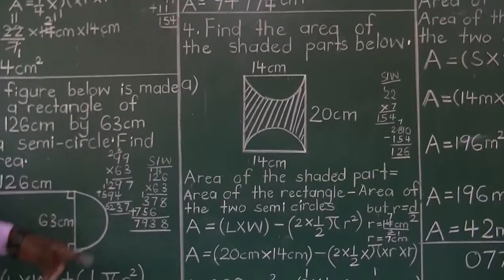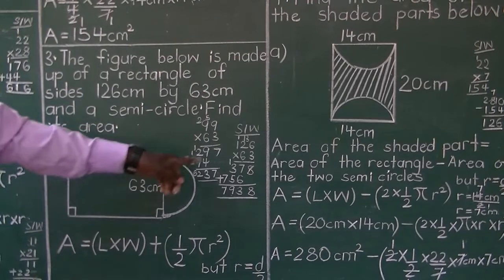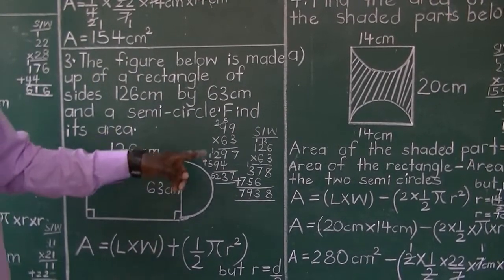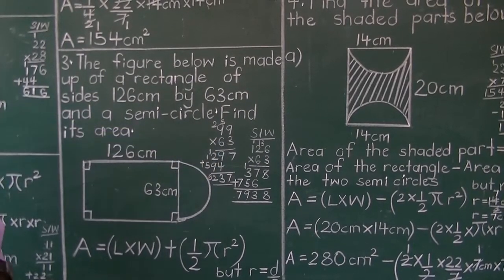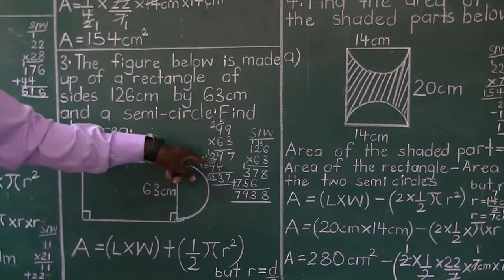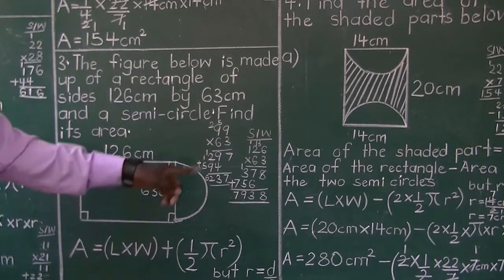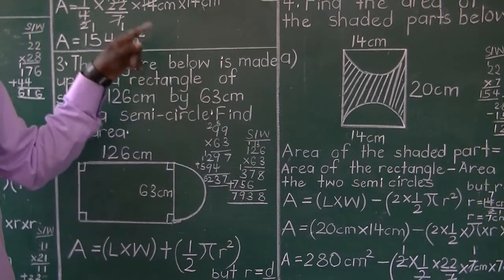So I've got 99 times 63 in our side work. 3 times 9, you get 27, write 7, and regroup that 2. So 2 goes to the next level. That is 3 times 9 again, 27 plus 2 get 29. That's why I have 29 here. Then you go 6. 6 times 9 is 54. You write 4, move 5. And again 6 times 9 is 54 plus the 5.